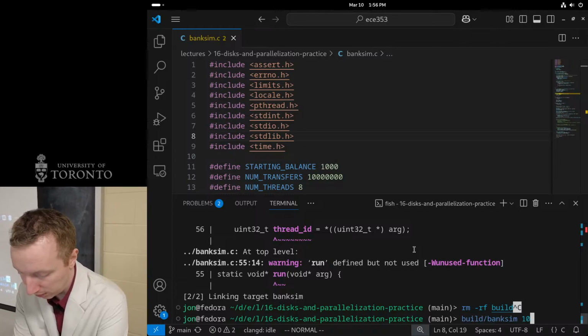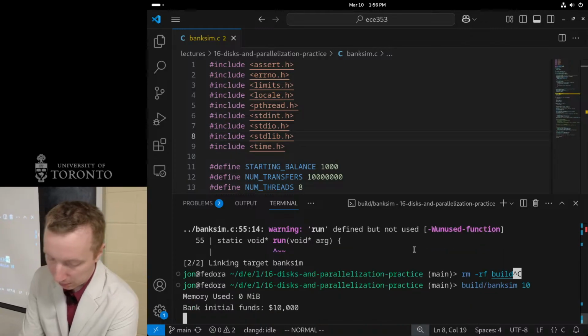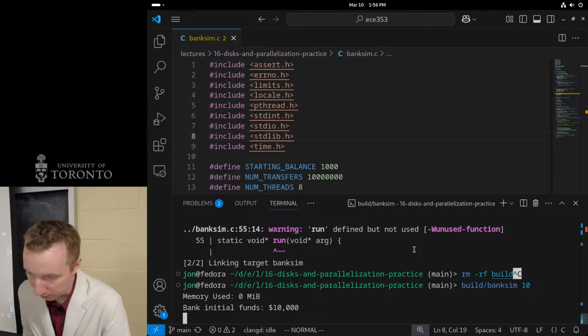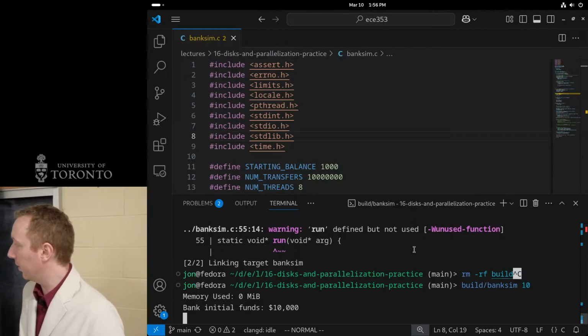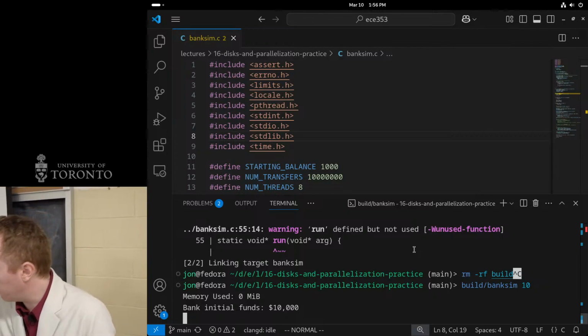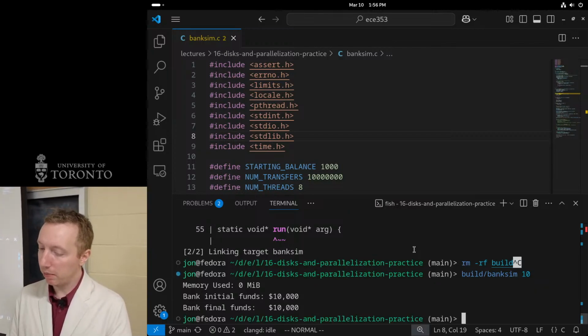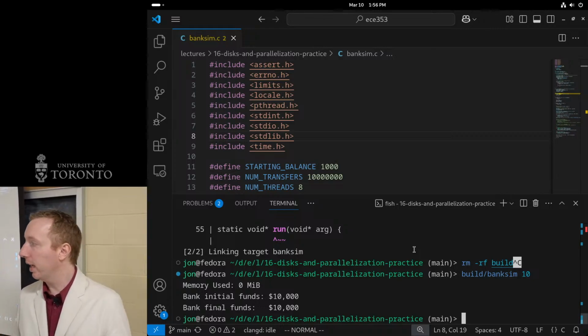Let's assume I am simulating 10 accounts. If they're $1,000 each, my bank should have $10,000 in it. It takes some time to simulate the transfers. At the end of doing all 10 million transfers, as a sanity check, I'm a bank, so I want to count my money.